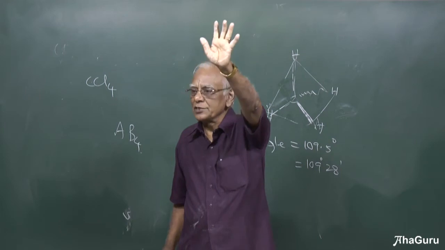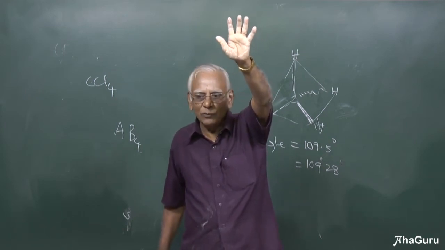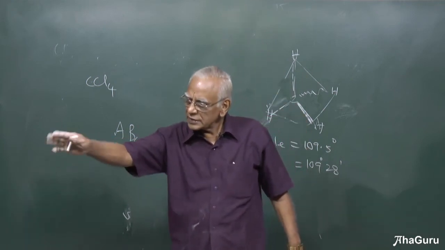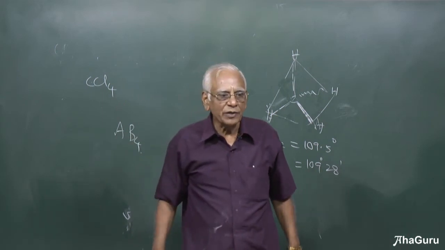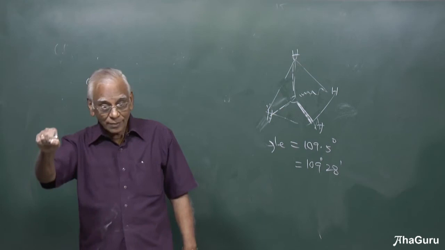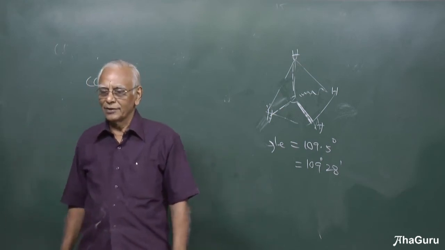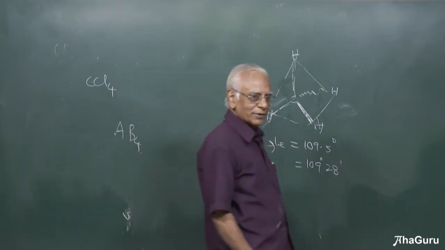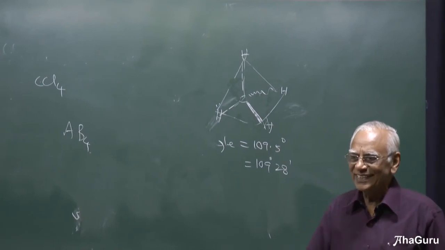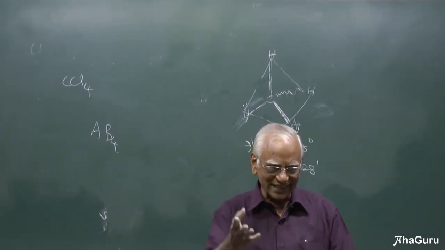For the atoms present along a plane in a methane molecule: A, 3 hydrogen atoms; B, 2 hydrogen atoms and 1 carbon; C, both A and B; D, none of the above. We always look forward to none of the above. Tell me, what should be the answer? Both A and B. A plane may contain only 3 hydrogen atoms.